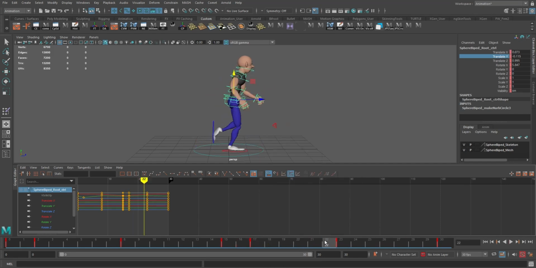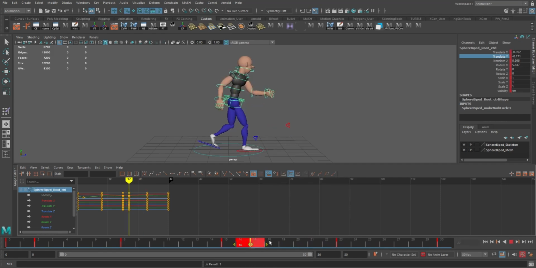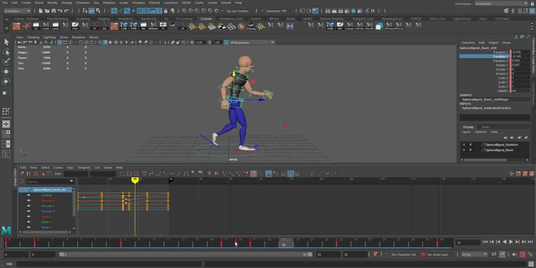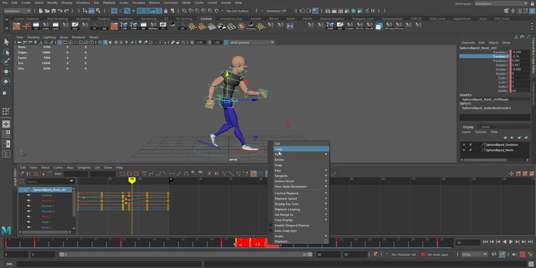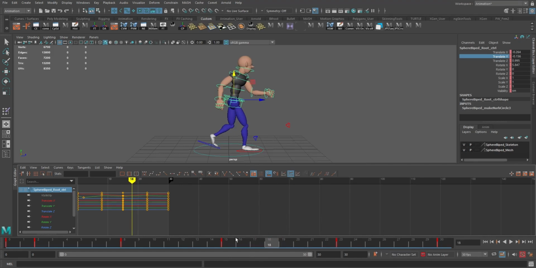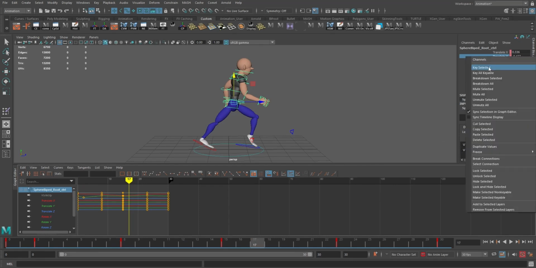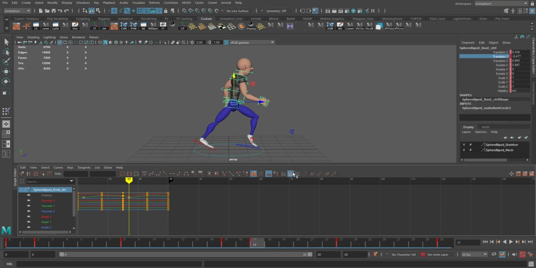To select that, if you just hold down Shift and left mouse drag, and then you drag over the keys that you don't want, and I'm just deleting, delete. Okay, so from here, now we just want this translate X. So 2 to 17. So I'm just going to set a keyframe here. So just right click and key selected. So then that should, so if we look at this,